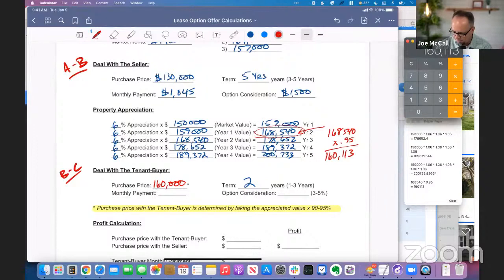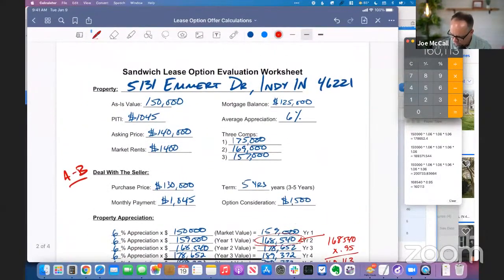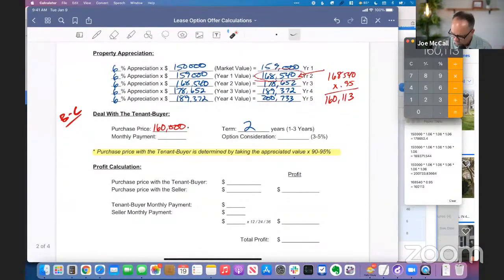Monthly payment's going to be what? Well, whatever the rent is. The rents are $1,400 a month, right? So let's do 1,400 a month. Option consideration. Now, this is really, really important to understand. You can get anywhere from 3 to 5%. If you lower the rent a little bit, you might be able to get 5%. If you keep the rent at market rents, you might get 3%. Let's keep it at, we'll try to get 3% on this thing, okay? So 3%,